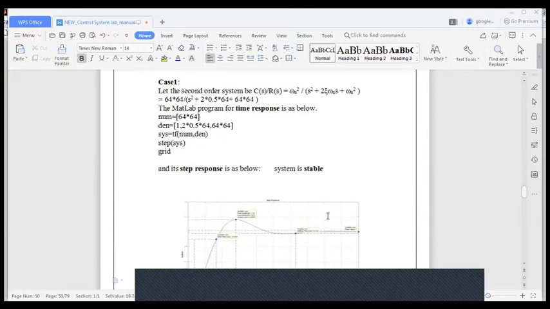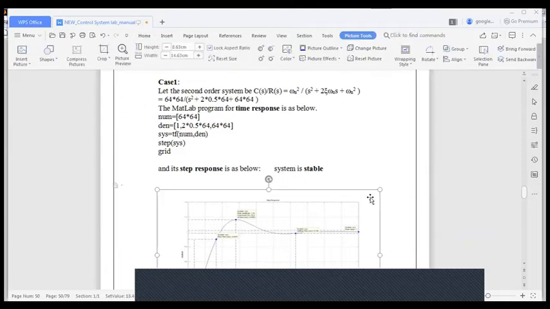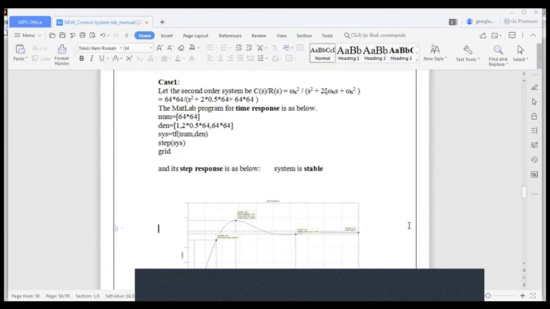In case one, whatever is specified is with respect to the original transfer function. Already we have seen this. Now with respect to this, when you change the pole location, we have to observe the response. This already you have seen, you need not check once again. This is the original function.